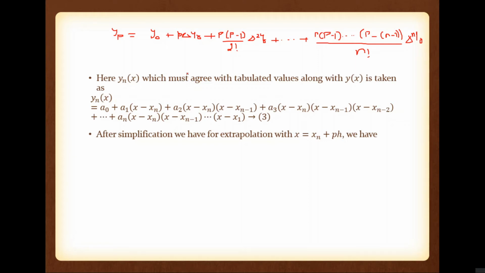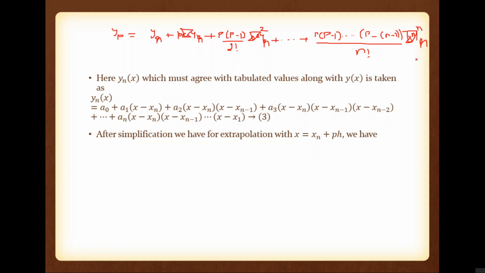That is why I am saying there is no need to derive all equations. If you know one equation, you can write the second one easily. The thing that you have to do is replace all y0 with yn. Y0 means the first element of that individual column, while yn means the last element of that individual column. So that is one replacement. What about delta? Yes, you have to replace del. Here we have del square, etc., and del raised to n yn.